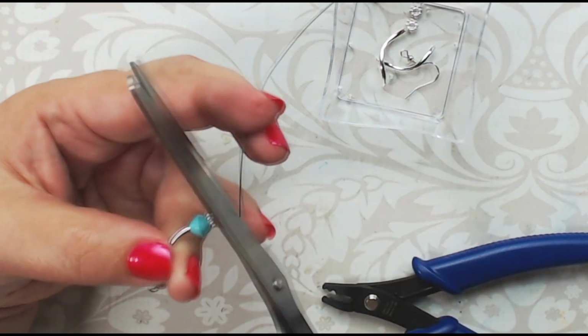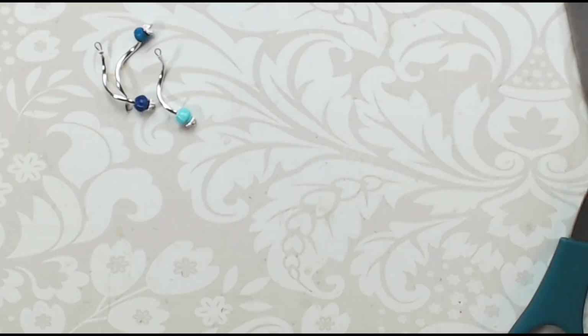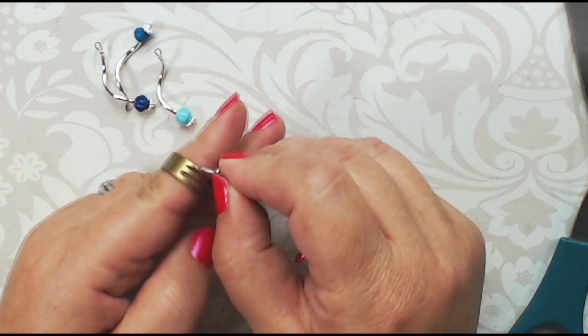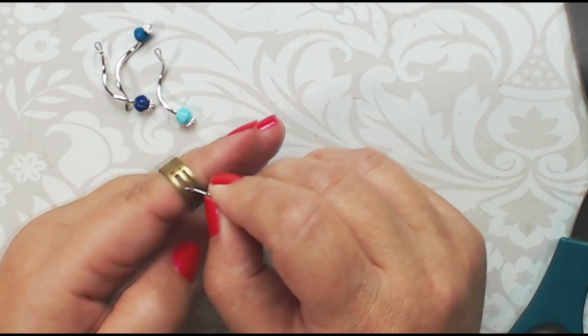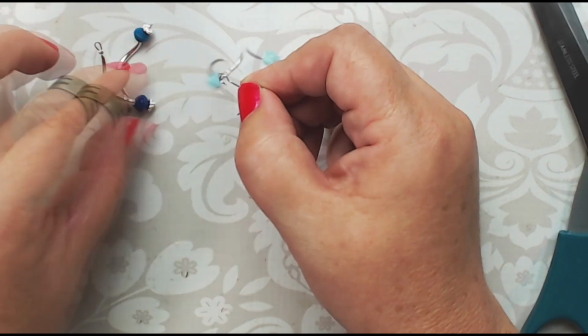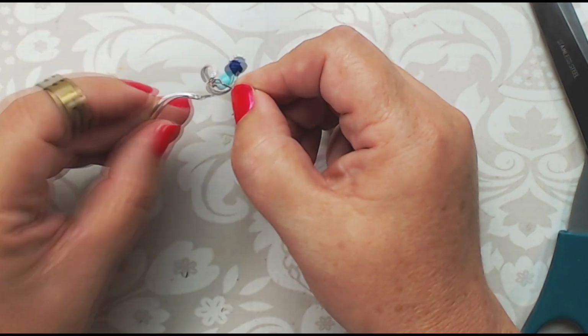We're going to just add a crimp on the end and it's going to hold everything on tight to the wire. Just clip off the extra. Do this with as many beads as you like. You can have a big old earring with all kinds of these hanging off. I'm just going to do 3. Now I can just hook these 3 danglings right onto my ear wire, and I have lovely matching earrings for